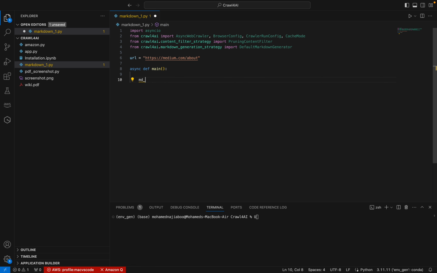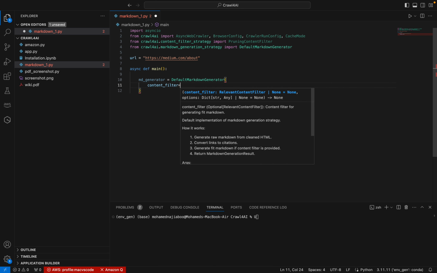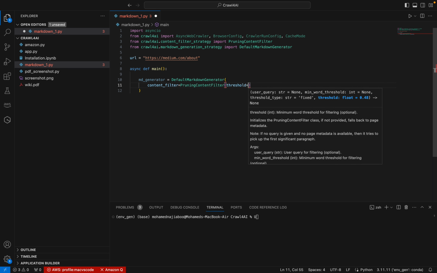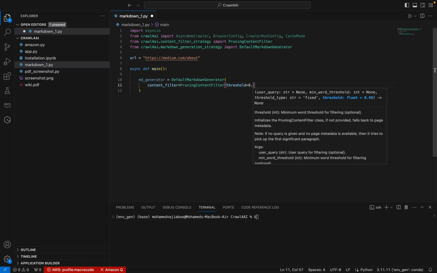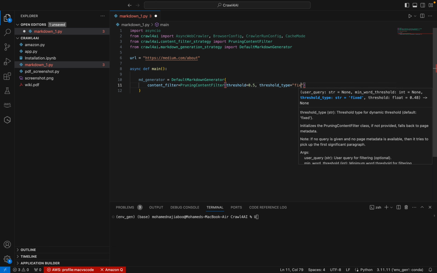Now a default markdown generator can be defined here. Okay, so here I can say DefaultMarkdownGenerator. Here I can set our content filter. So our content filter is the PruningContentFilter. Here I can set the threshold, which is a kind of filter that will filter out all the content where the threshold score is less than 0.5. And here I can make the threshold type fixed,